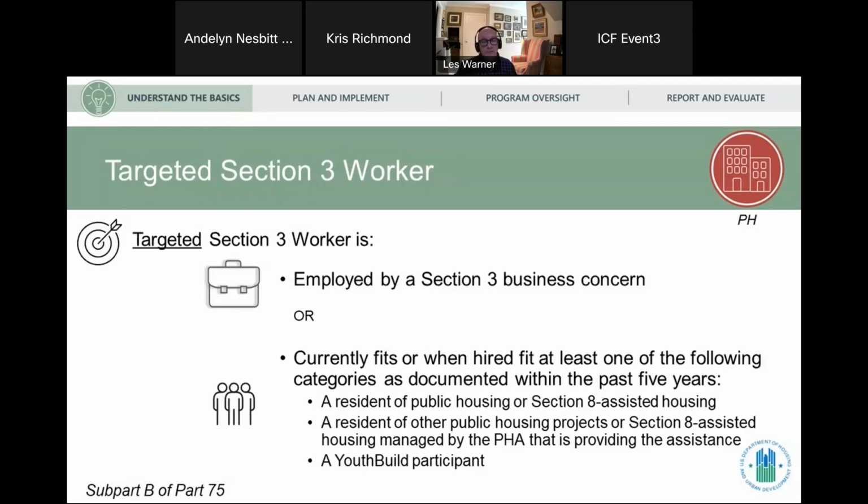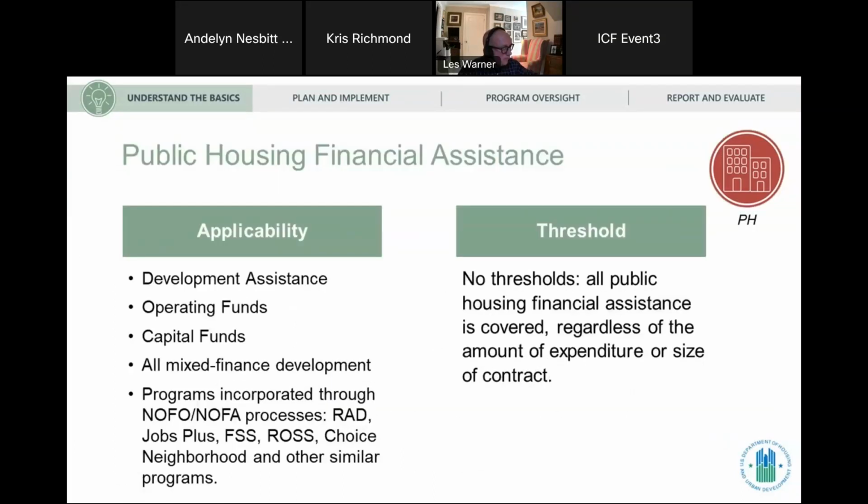So your benchmarks for this, and actually, Andolin, I think you still have control. If you want to take us back to the slide that you took us to, which might have been 44. Yeah. So as we understand this, and as I was mentioning earlier, there's going to be more clarification as we actually get the public housing reporting portal and are able to look at the details on how that data is going to be broken down.